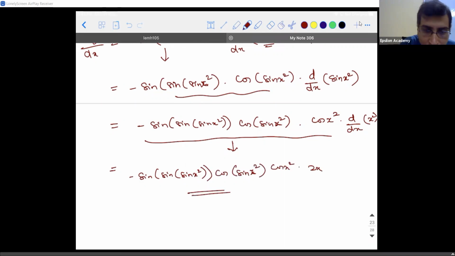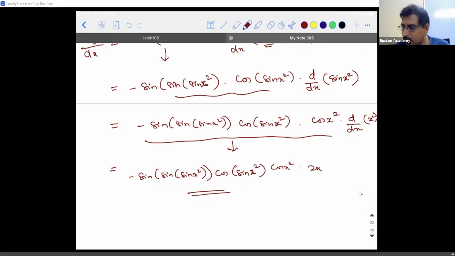Mithun: Sir, I hope we don't have to write the d by dx every time now, sir. It is better to write that so that the examiner will understand what you are trying to do. Or it's chain rule only, no, sir. But you can do it in one step. See, there is a high possibility that you might make a mistake also. So it's better you do it stepwise.